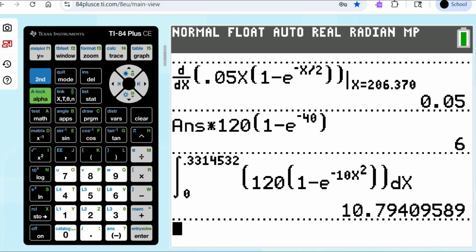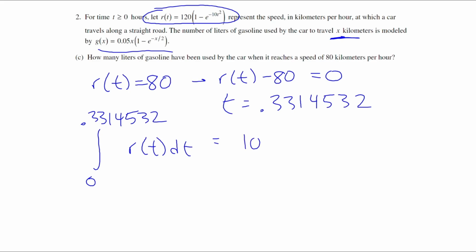We get that it's traveled 10.7940959 kilometers. So this is 10.7940959 kilometers. And so now what we need to do here at the end is we need to figure out